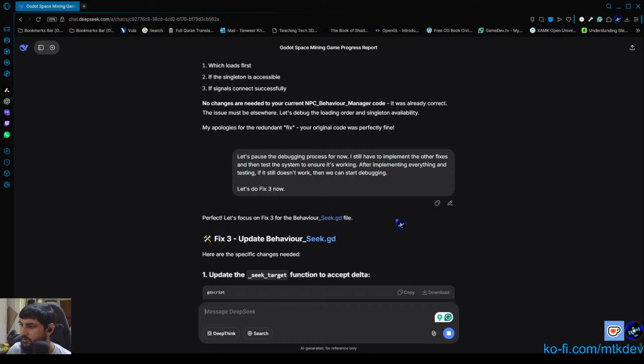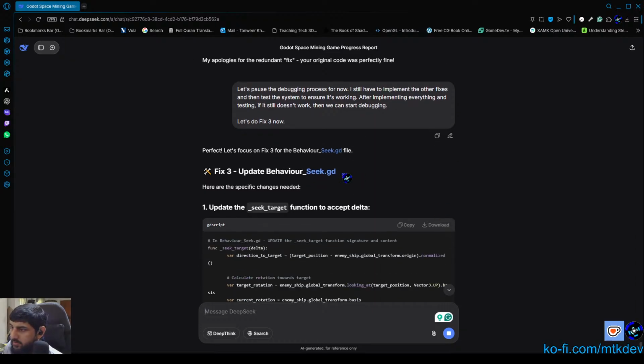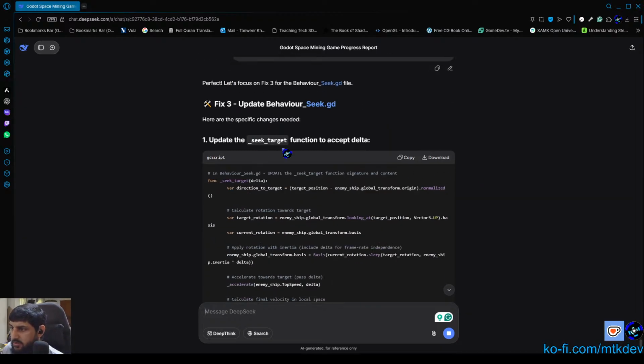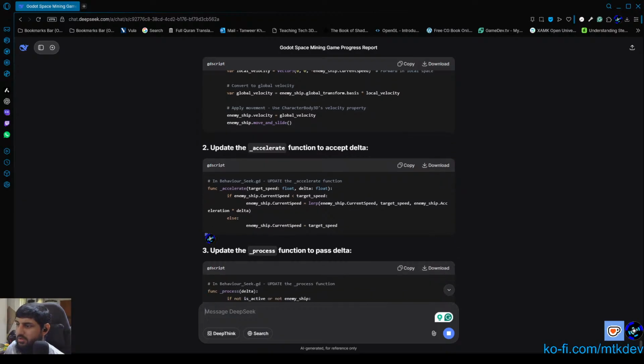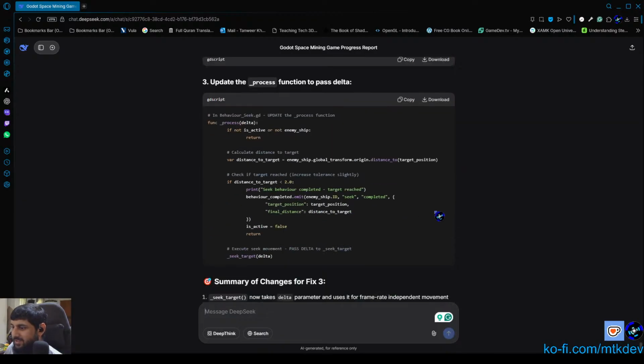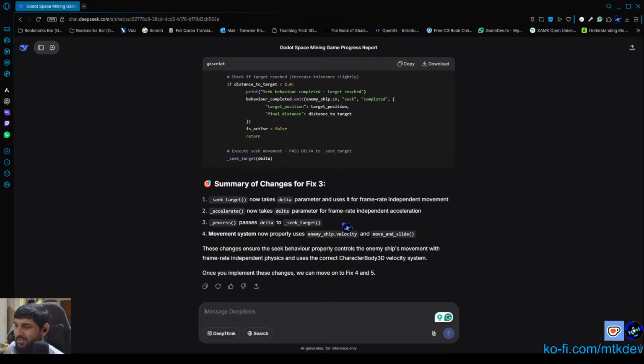Perfect. Let's focus on fix 3 for the behavior seek file. Update behavior seek.gd. Here are the specific changes that are required. So we need to update the seek target function to accept delta, and then update the accelerate function to accept delta, update the process function to accept delta, and the summary is